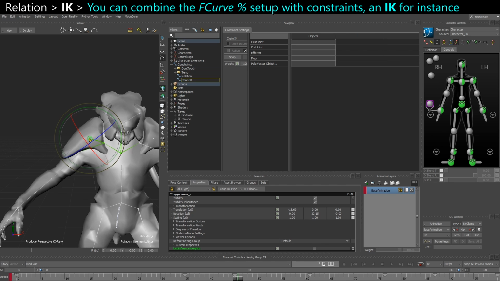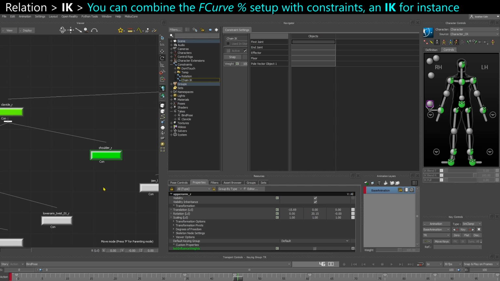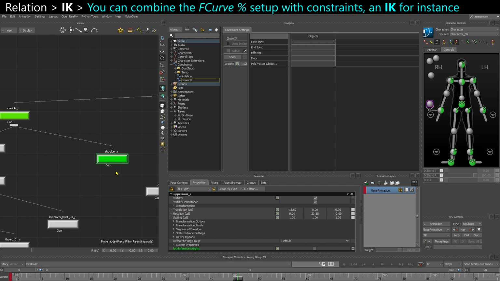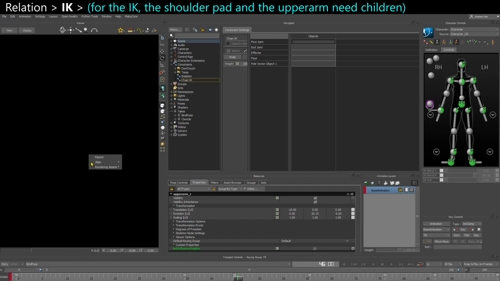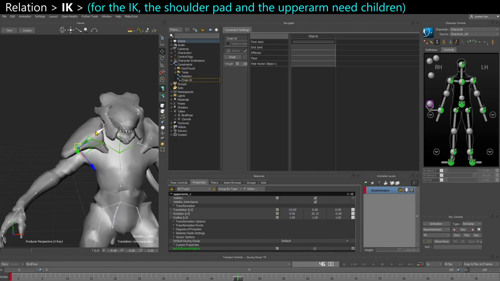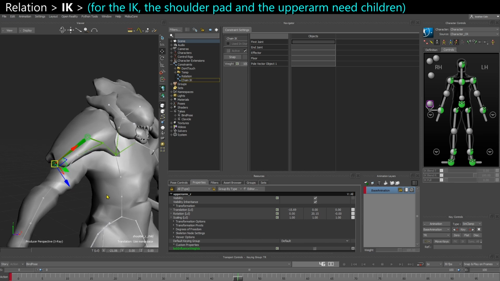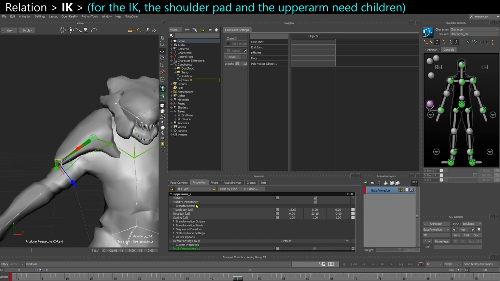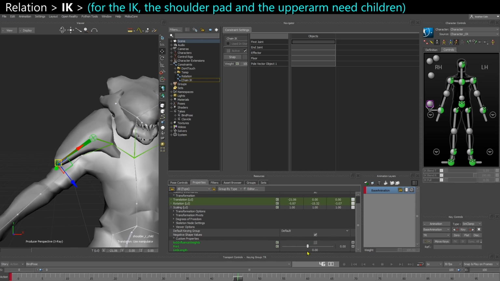For this, I'm going to need to create a child of the shoulder. So I'm just going to duplicate that bone and parent it here. Remove all the keys on it. Align it. Call it shoulder right child, for example. Offset it like this. Okay, so that will be the child for the IK solve,